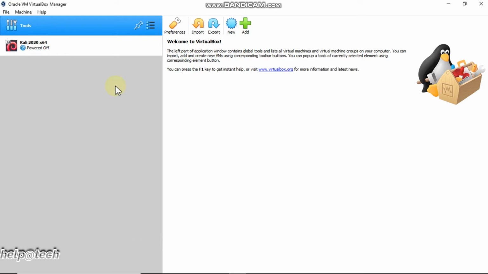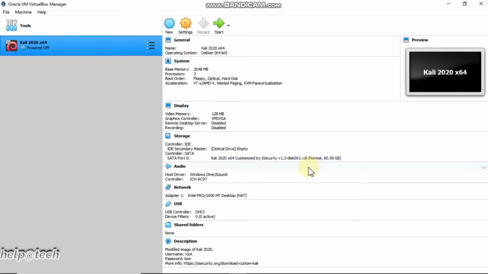Now Kali Linux is installed successfully on our VirtualBox. We can also install the ISO file. But using the ISO file, we have to do a graphical install and do all the steps. It will take more time to install the ISO file.